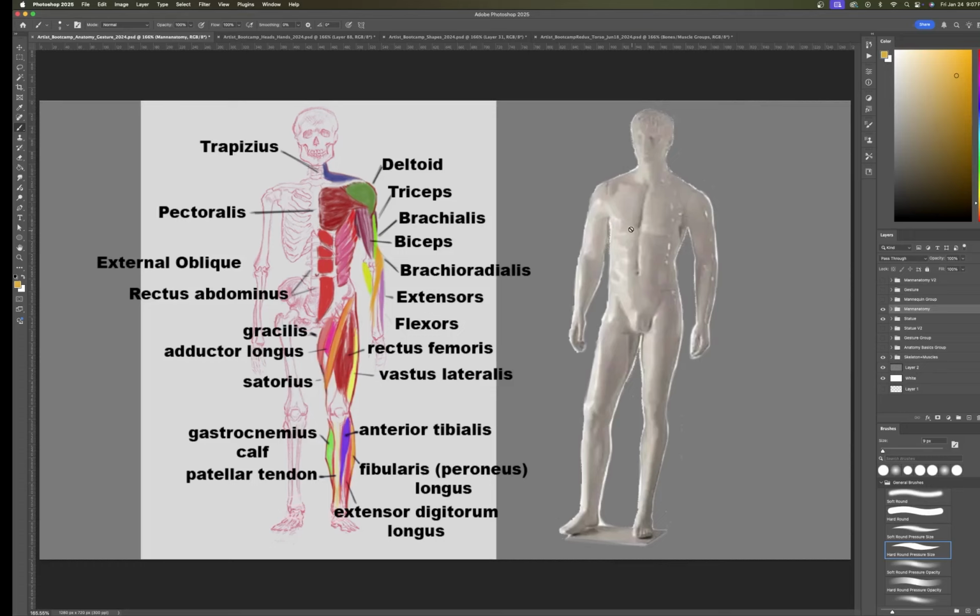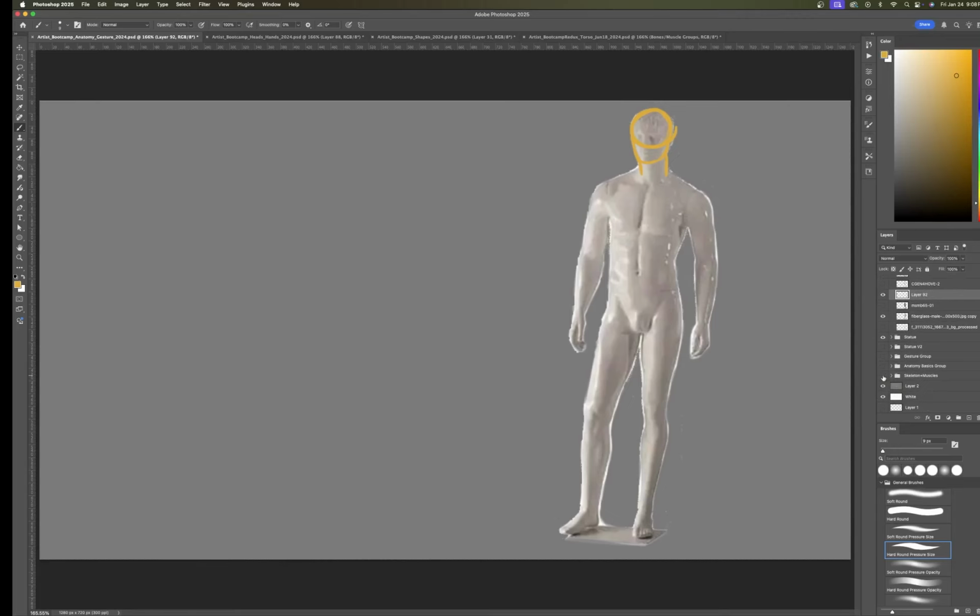So we have the mannequin, and let's do simple shapes. First off, we do a circle for the head. We can extend that down to an oval. And the mandible, it's got a neck. How about we turn that off, and then if we need it, we'll take a look just to test ourselves. Okay, so got the trapezius on the shoulder,